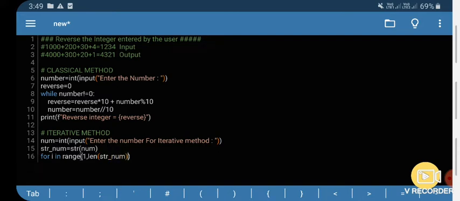But what is the problem with this? If we mention the range as 1 to length of string, then it will print only 4 3 2. It will not go till 1. So we have to just add 1 to the length,